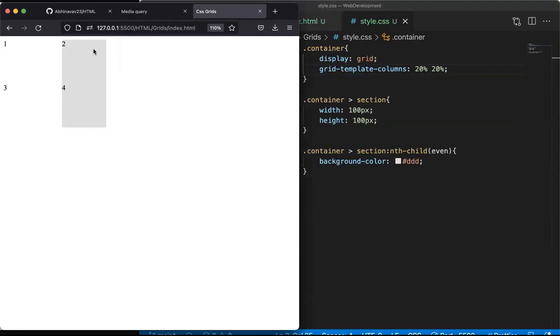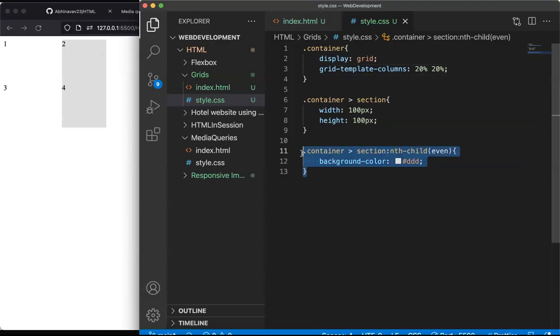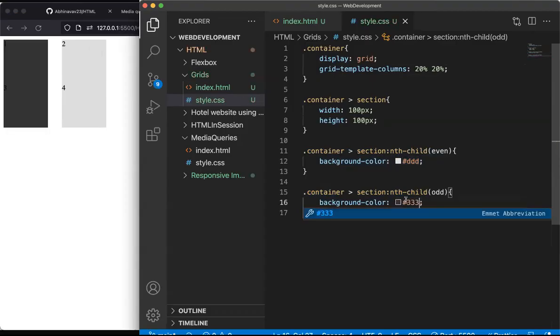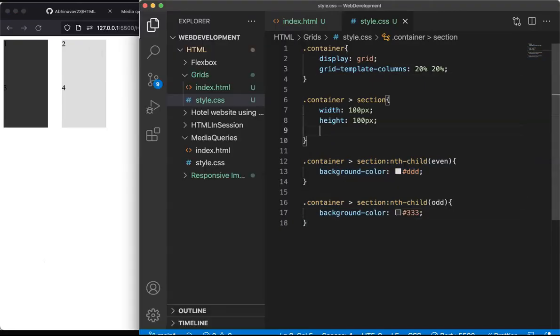Two of them actually moved on this line. Like now we have 2, 2, correct? Okay, what I will do is I will have the odd ones also a different color, so that you are able to identify which one I'm talking about. And let's say for this one, I'll give